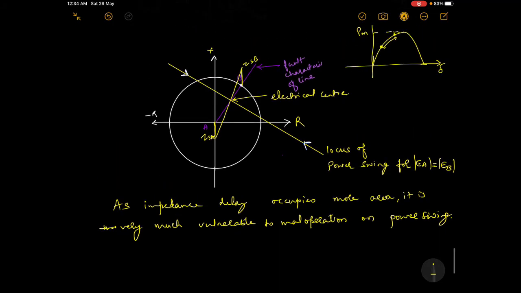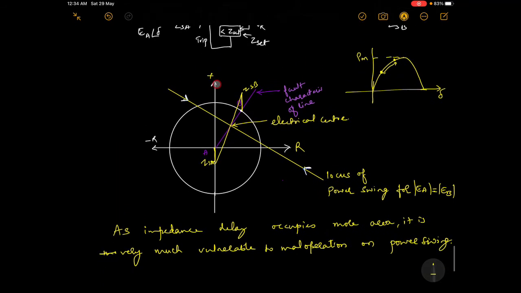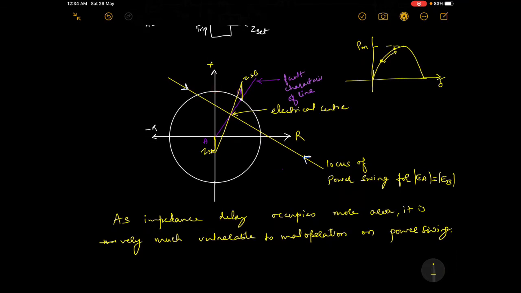So let me repeat the things that I have told. When a power system is operating in steady state, all the rotor or machine angles are constant. Whenever there is a sudden and large change in power in the system, say due to the outage of a major line, the rotor angle undergoes oscillation till the system reaches a new stable state. This phenomenon is called power swing.